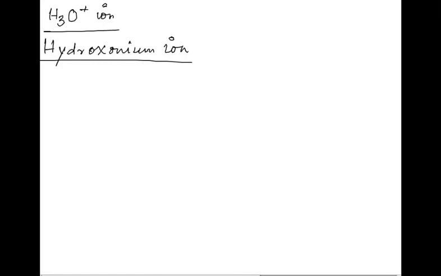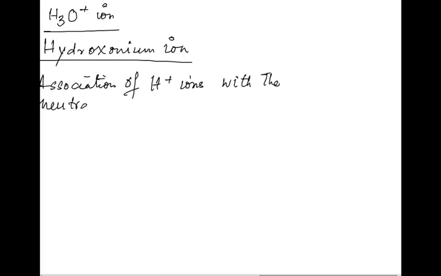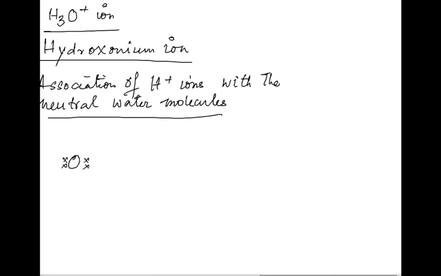The hydroxonium ion is formed by the association of H plus ions with neutral water molecules. So if you have oxygen like a water molecule like this, this will